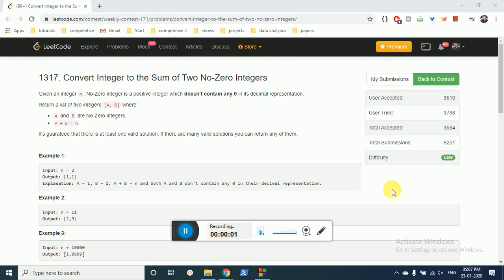Hello friends. So today we will discuss this question on LeetCode Weekly 171, question number 1317: Convert Integer to the Sum of Two No-Zero Integers. The question statement states that you are given an integer n and you have to return two integers a and b